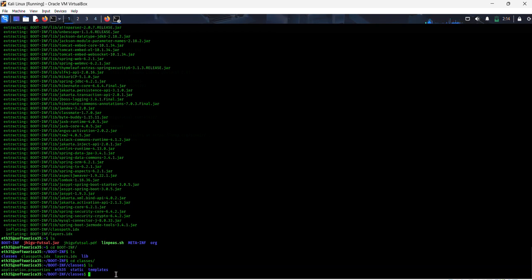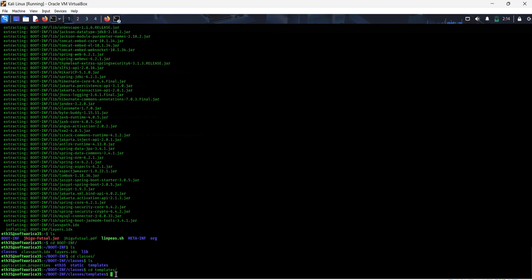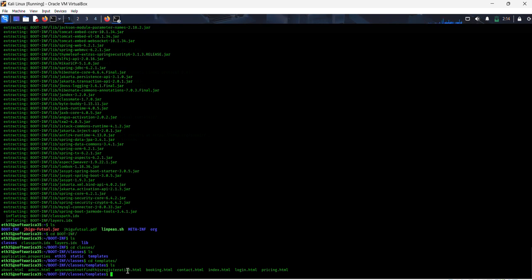Let's go inside the templates folder, sorry. Inside it, let's see what we get. We just get an important message which will be important for the upcoming process, where anyone must not find